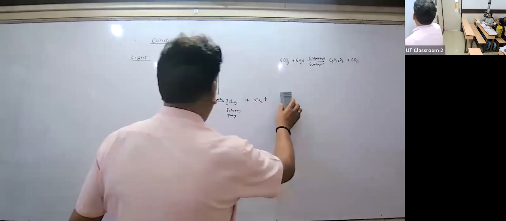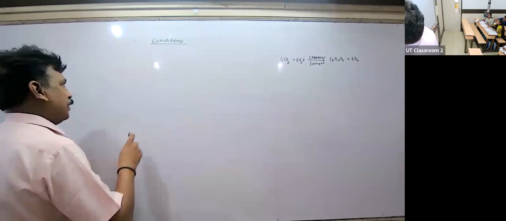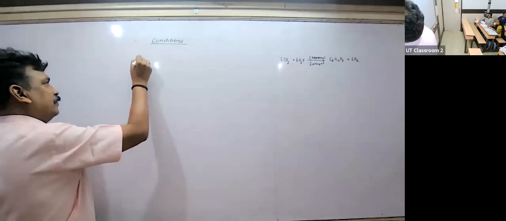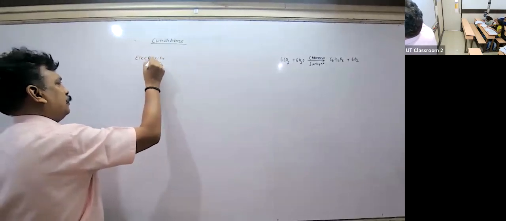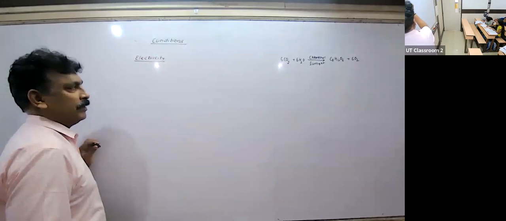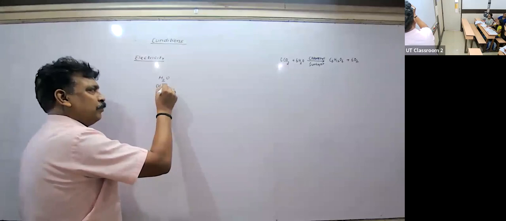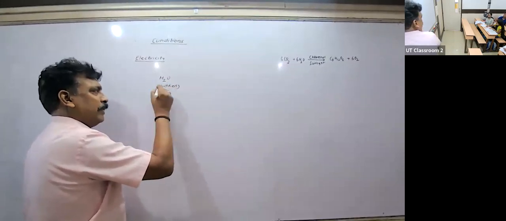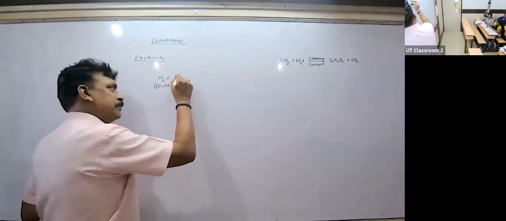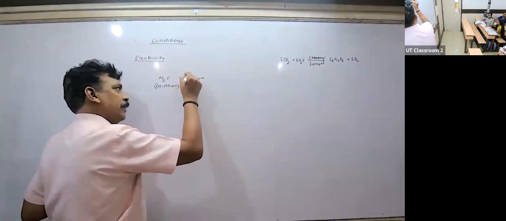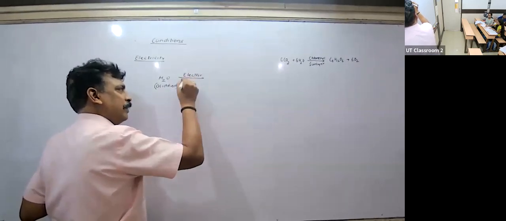ये हो गया ना? Now let us come to, children, this particular part. And what is that? Electricity. Electricity also is responsible for any chemical reaction. Like for example, you take acidified water, few drops of acid you put in water because water is a bad conductor of electricity. Now to make it a good conductor, we add acid to the water. We pass electric current through this water by taking 2 electrodes. Okay, so when we pass electric current, what will happen?